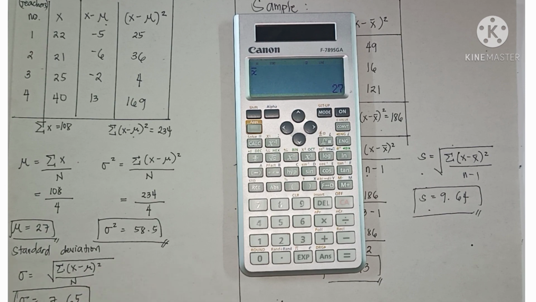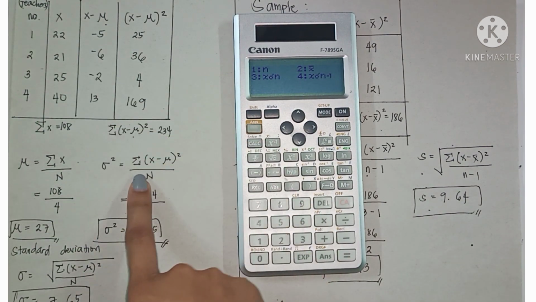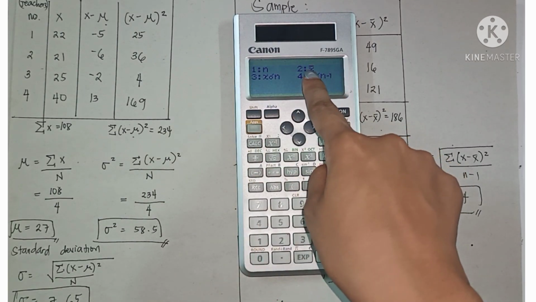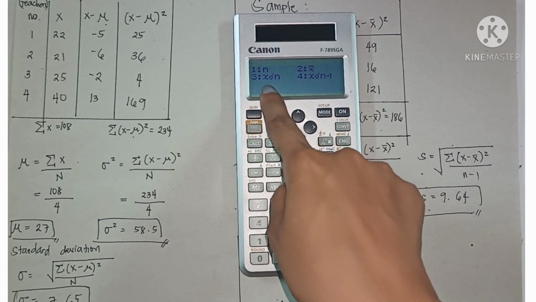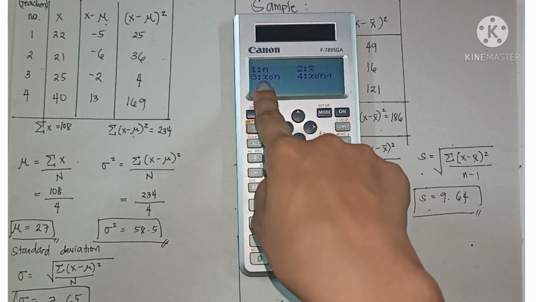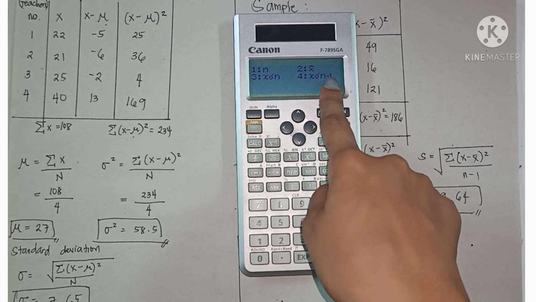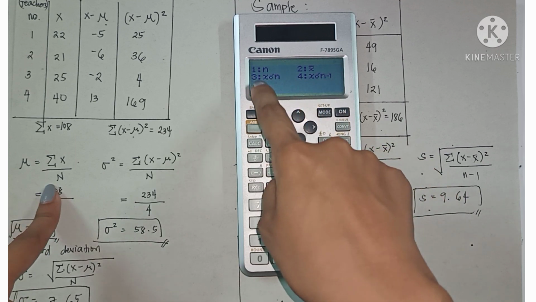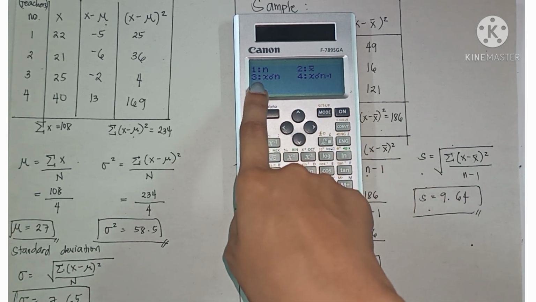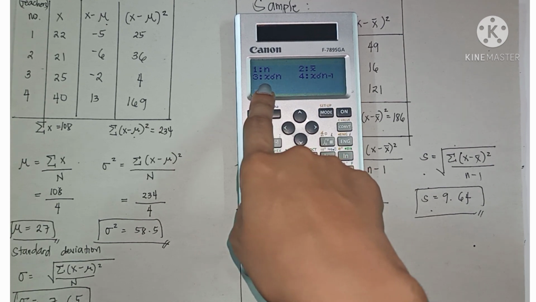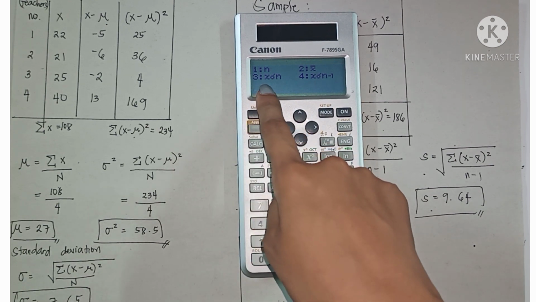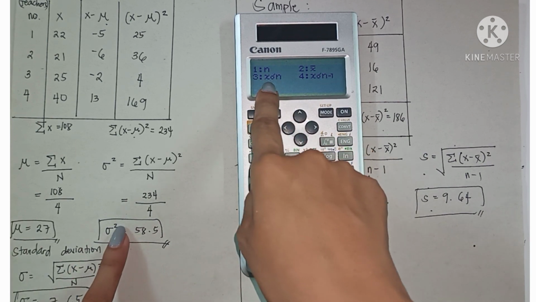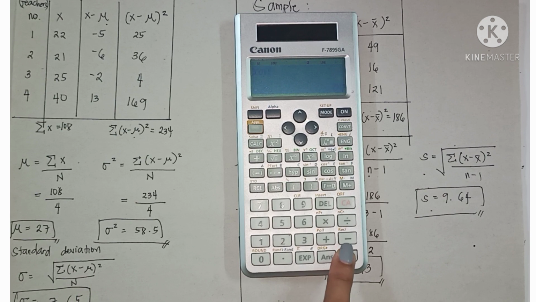How about the variance and standard deviation? Pindutin mo lang ulit si apps. Pindutin mo si SVAR, which is number 5. This is for the population. Okay, so dito sa apat na to, yung 2 ay sample mean and population mean. Yung 3 is the population standard deviation. Yung 4 is sample standard deviation. So since ang given natin is population, ang pipiliin natin is number 3. Again, so yung 3 po natin is population standard deviation. Population ang given, population ang pipiliin. So number 3 ang pindutin, and that is